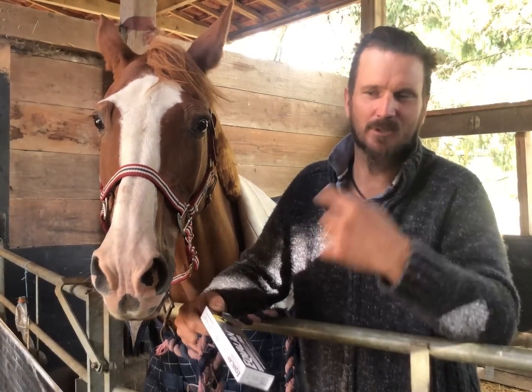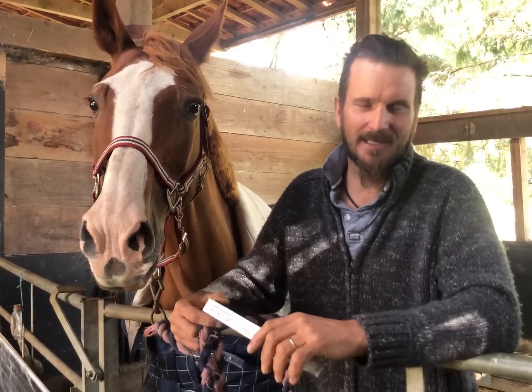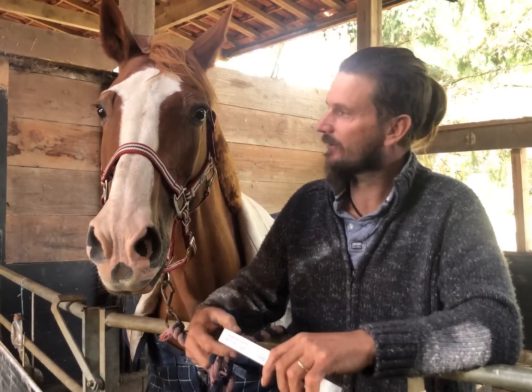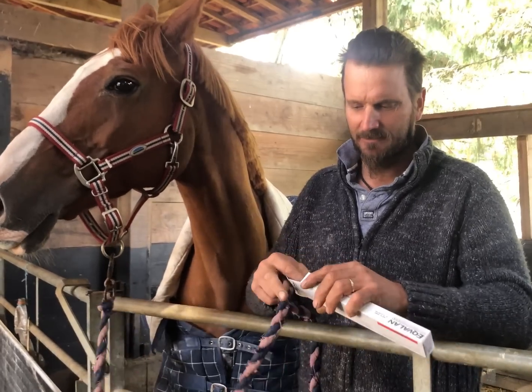It's one of those things, I don't particularly like having it. It has to be squirted down into their mouth. So it's not a nice thing, but it's a necessary evil. So hopefully she's going to be a willing party. We'll see. So I'll unwrap this. They come in a little syringe,